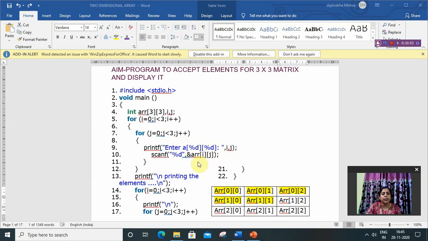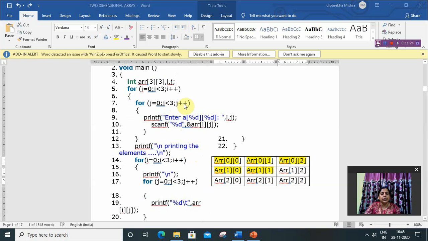Then again j will increase to 2, then the array index is a[0][2], meaning the third element. So this way it will enter all the elements in the table. So these two for loops are for entering elements in the 2D array.